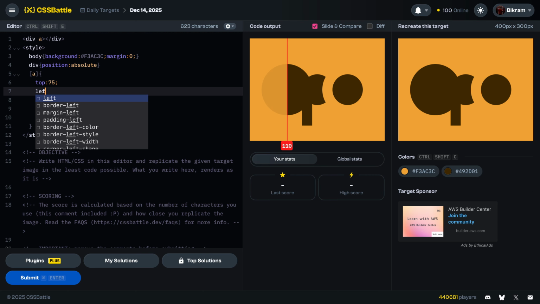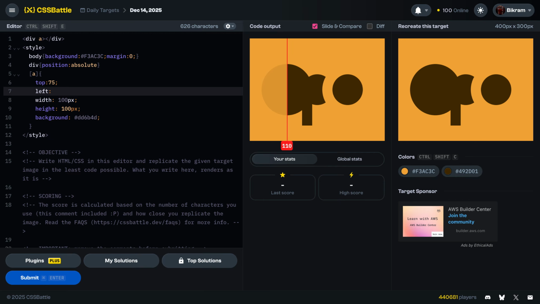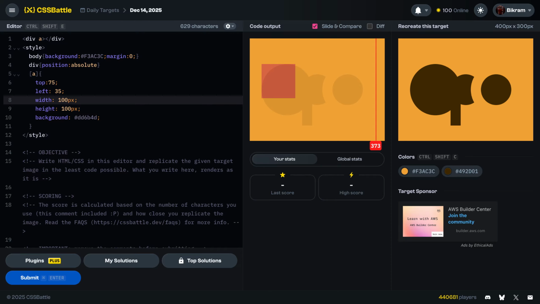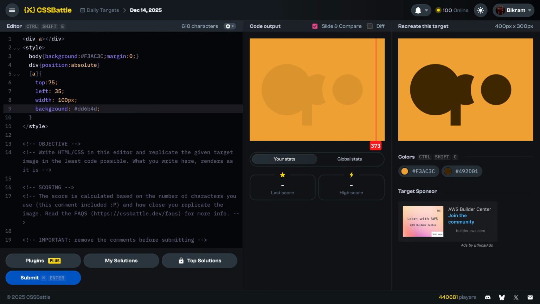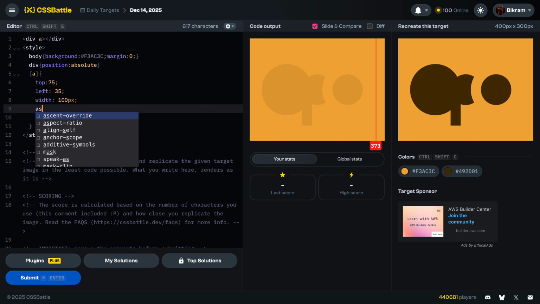And then left 10, 50, 30, 35, yes. And then I'm going to use aspect ratio of